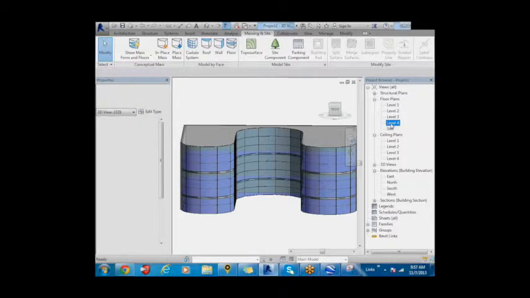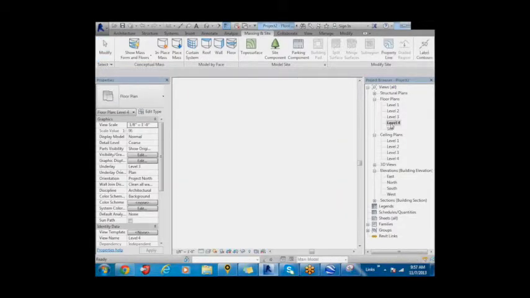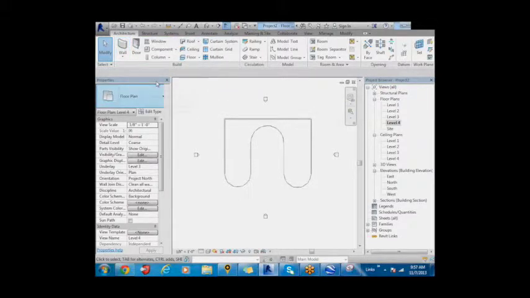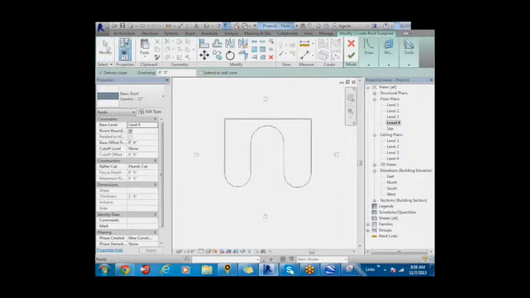I go back to my floor plans in level 4. Under the architecture tab, I click on